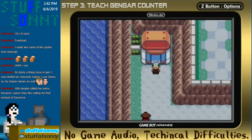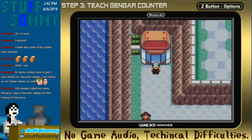Alright, so now this thing has Counter. Cicerigao knows Counter. Now I gotta trade it up to Generation 4 so I can EV train it because I have Pokerus on Gen 4. Because I still have my ye olde save file back from when the GTS was still active. What else